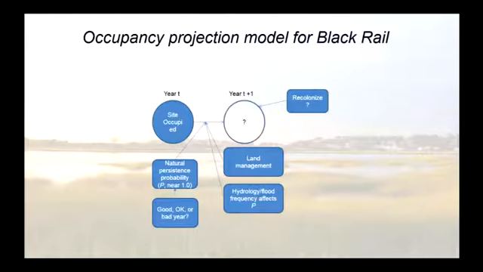So what we did was design a projection model that would try to project the occupancy of sites over time. And here's just a little schematic of how that works. If you have a site that's occupied in 1 year, is it occupied in the next year? That's a function of its natural persistence probability, which is actually a function of whether or not it's a good year, an okay year, or a bad year. So if it's a good year, we draw that natural persistence probability from a distribution that's really, really high, like 0.99, 0.98. If it's an okay year, we were drawing from a distribution with a mean of about 0.6. If it was a bad year, we drew from a mean that was about 0.34.